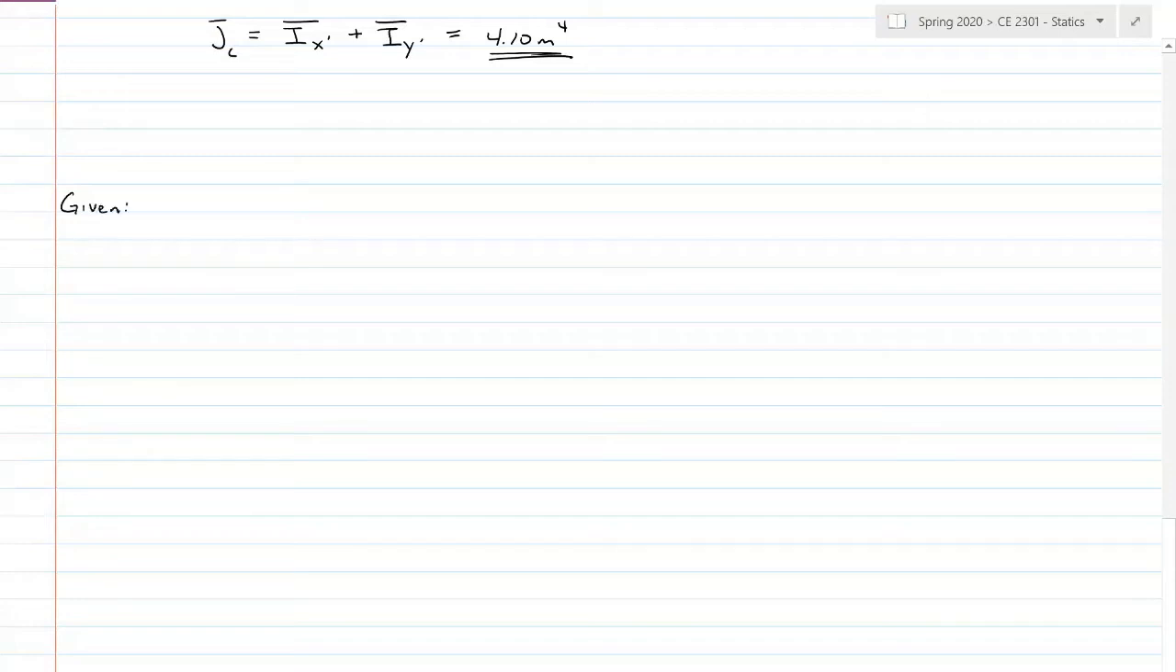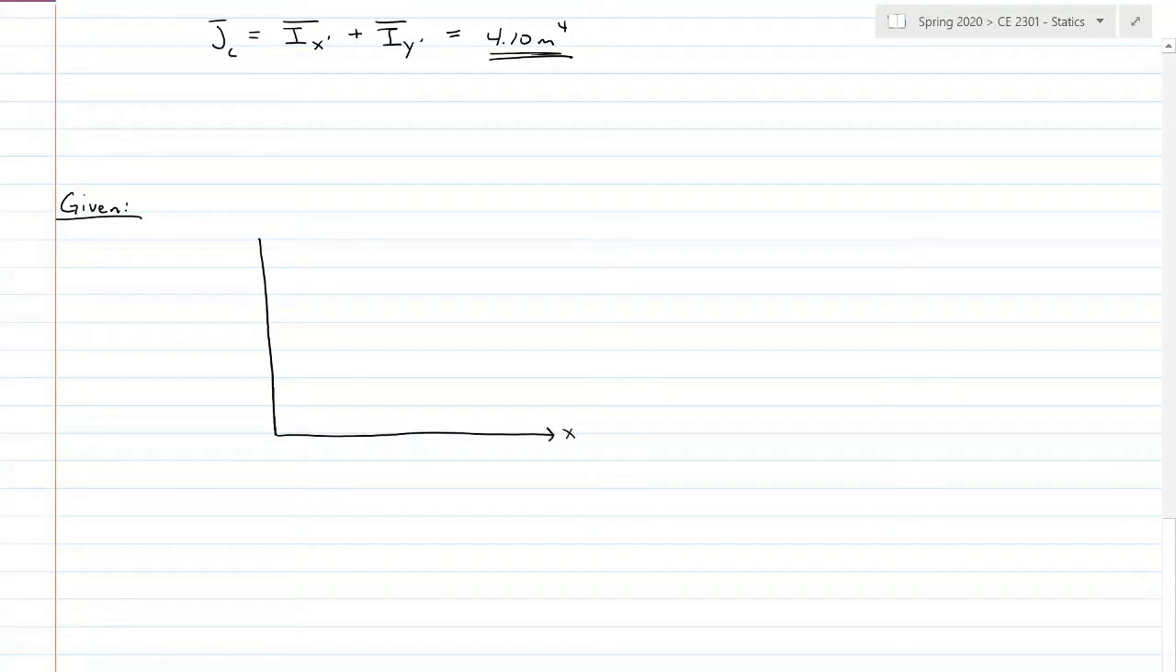Okay, next example. On Blackboard and on the internet, you can find inertia for basic geometric shapes like rectangles, triangles, circles, okay? And we can use those already calculated inertias to find composite body inertia. So for example,